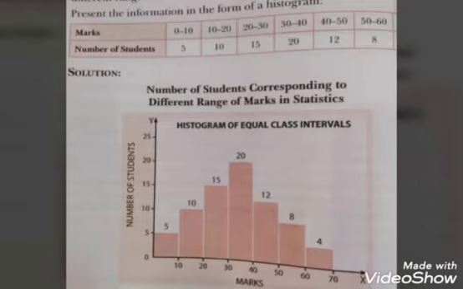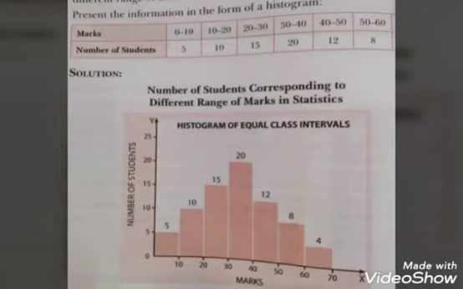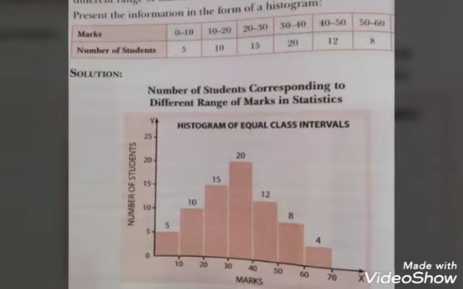Now, we can say that this histogram is almost the same as a bar diagram. But the difference is that in a histogram you start plotting from 0, whereas in a bar diagram we leave a space and then start plotting the data.